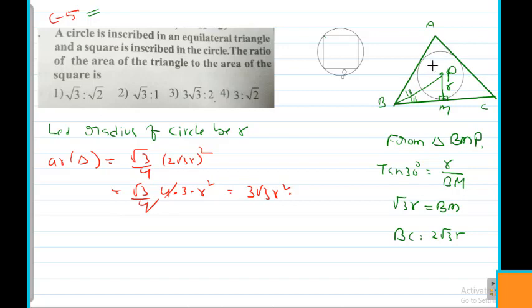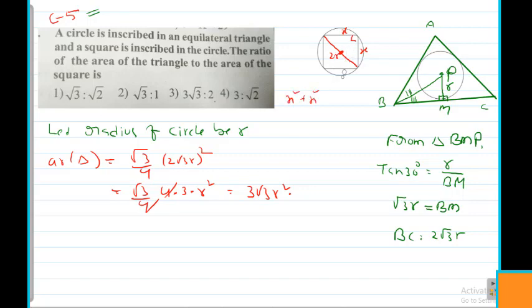In the same circle, a square is inscribed. See here, separate diagonal. Now we want to find the area of the square, again in terms of r. Join these two. This is the diameter of the circle, which is the same as the diagonal of the square. Let the side of the square be x. Automatically this total length is 2r, no? Diameter. So what happens now?